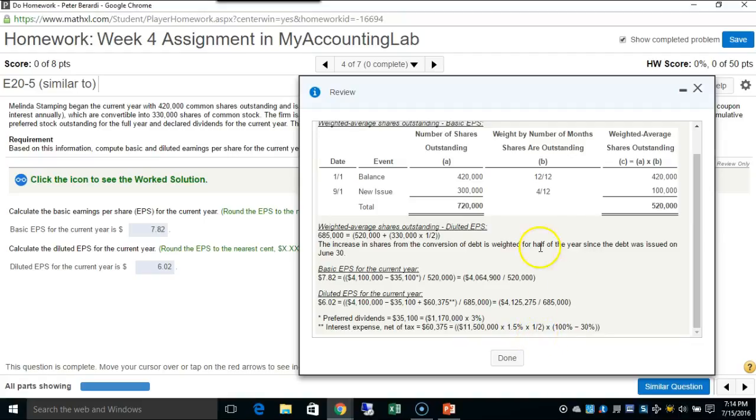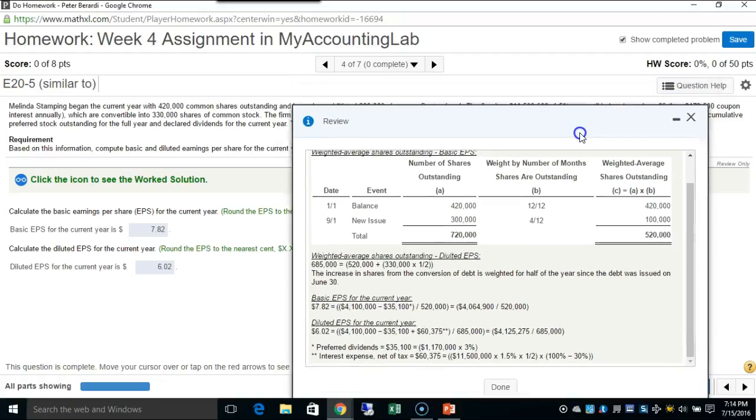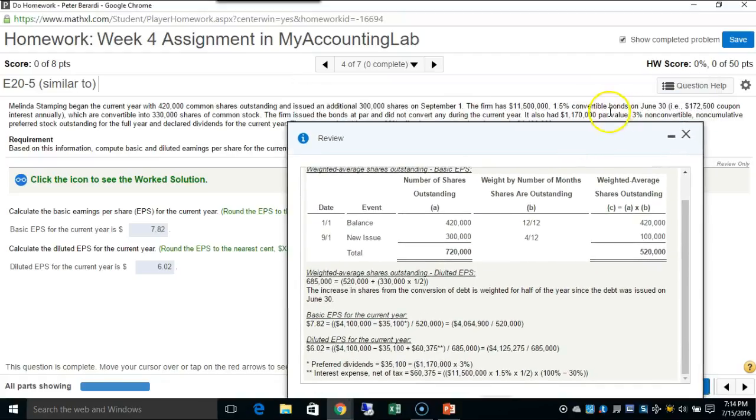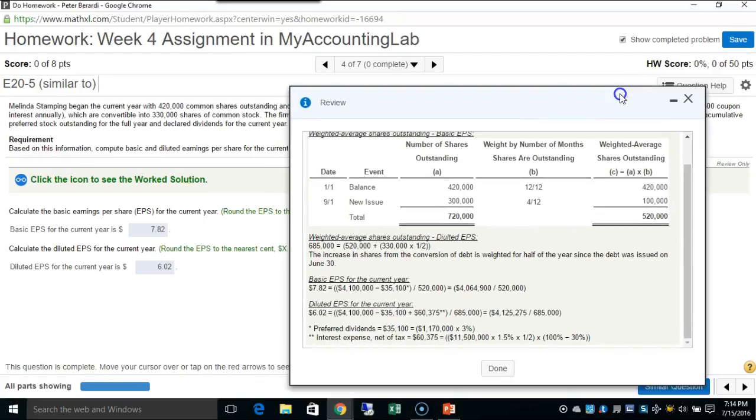The reason why you take a half and not 100% of it like you did in the other problem is because the convertible bond was issued on June 30th. Therefore, that equals $60,375 because you took 100% minus the 30% tax rate to get to the $60,375. Add that to your basic earnings per share numerator,